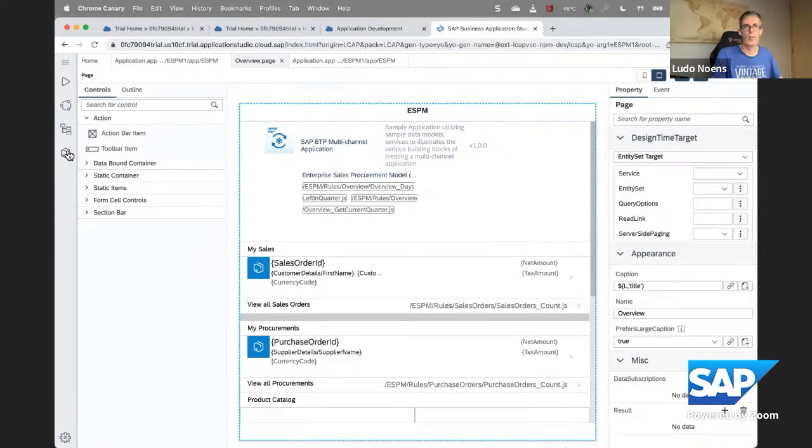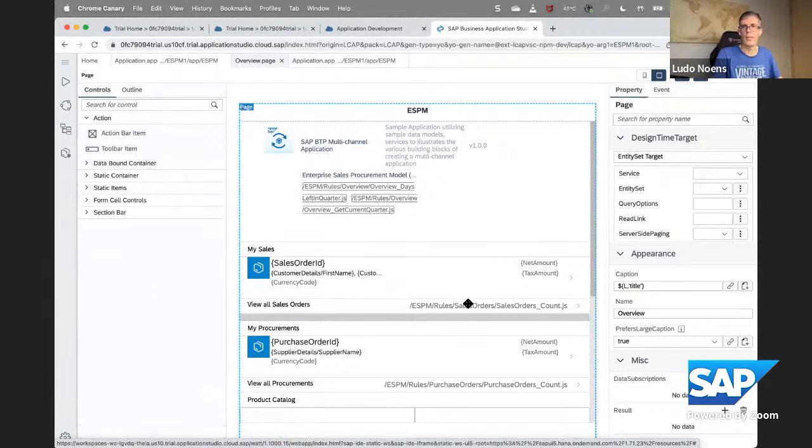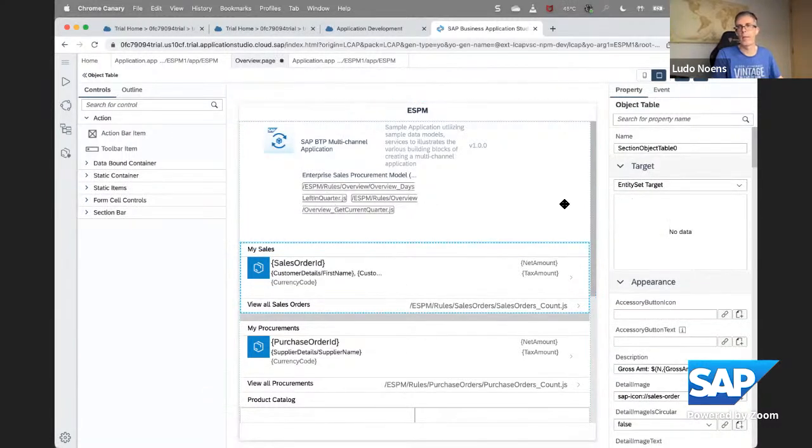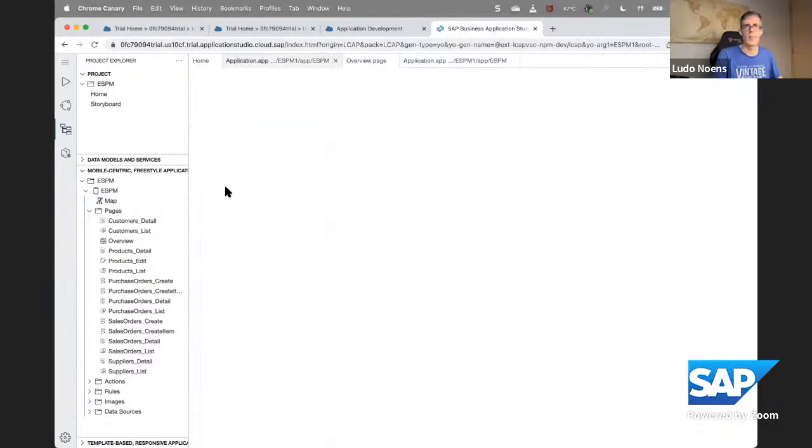So as you can see here, on the left-hand side, you have all the controls that you can drop onto the canvas. And you can make changes to the existing ones here on the screen. The properties of the controls are on the right-hand side. I've already deployed this application once. So as mentioned before, right-click on the map, deploy. I've done that. And what I can do now is I can open up the map,